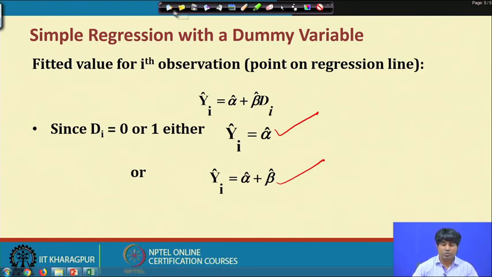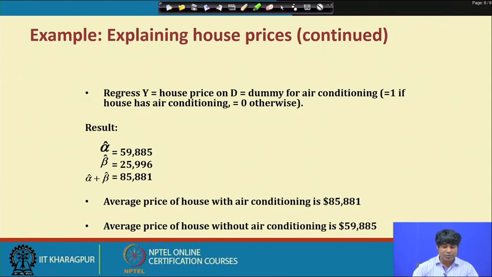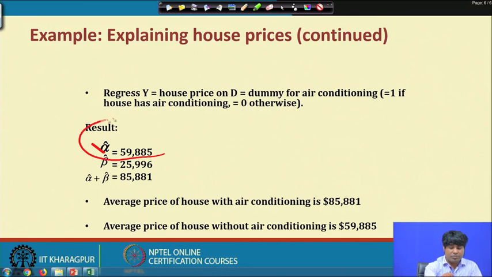So, now what we can do. Let us assume that alpha hat equals 59,000 approximately, and beta hat equals 25,996. Then the housing price will depend on, let us say, a dummy for AC facility. So, what is the house price with AC facility? In that case, the value will be alpha plus beta, that is 85,881, and if there is no AC facility, then y cap is simply alpha hat. In that case, the housing price will be simply 59,885, and if AC facility is there,